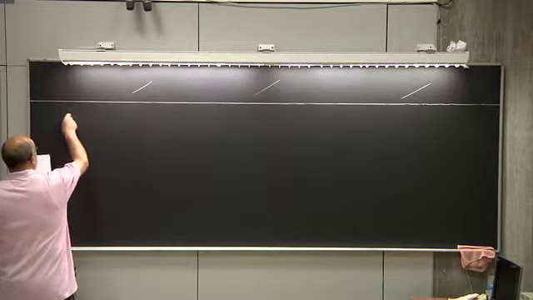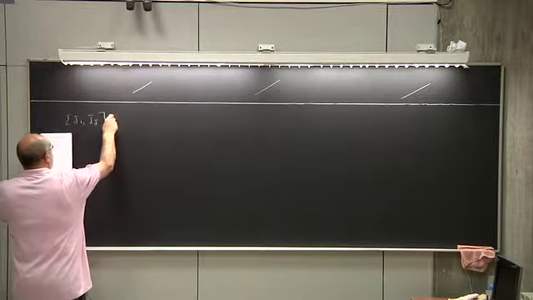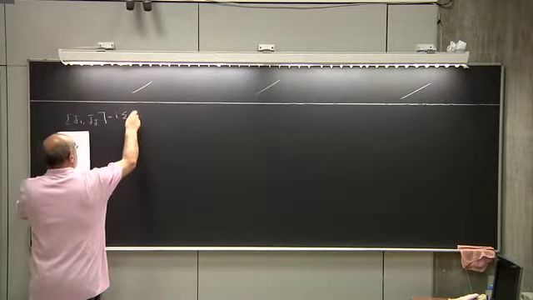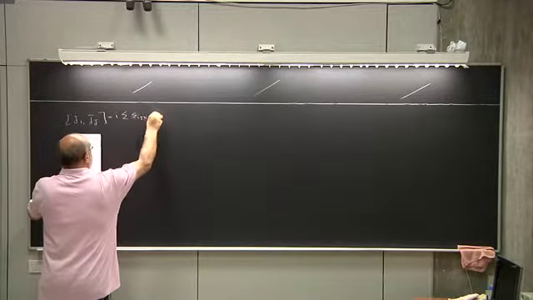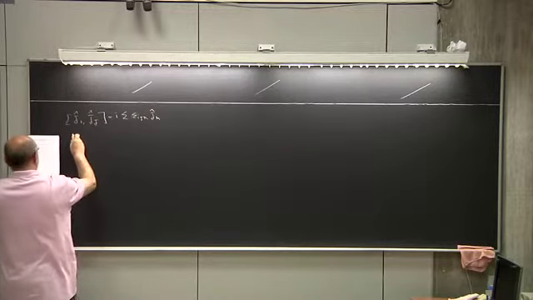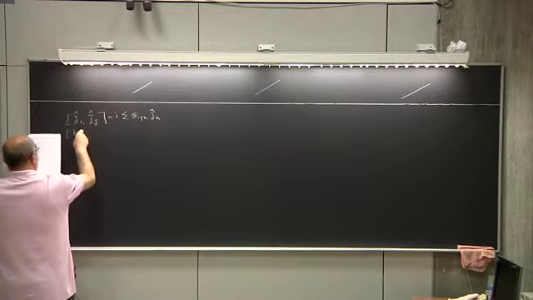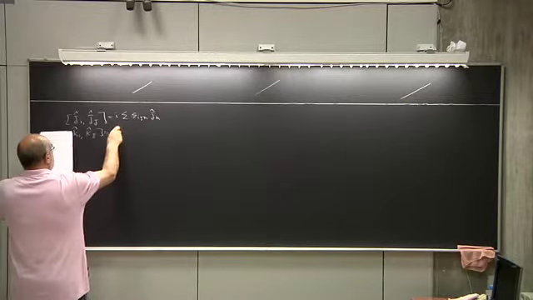The generators had the following algebra: [J_i, J_j] = i epsilon_ijk J_k. These are the generators of rotation. The generators of boost were called K_i, and their algebra is